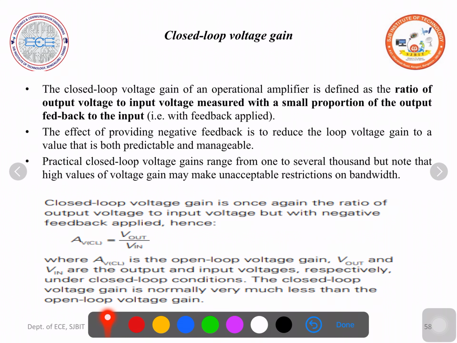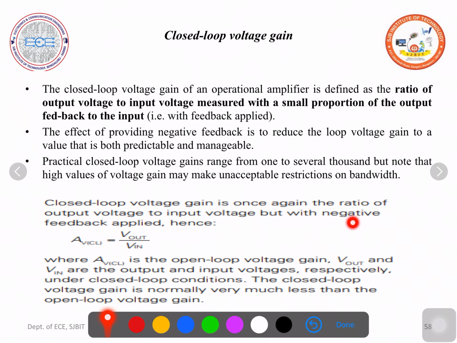So we can also express it in decibels by calculating 20 log V0 by Vin, just similar to the open loop voltage gain. Now only this word changes: closed means there is a feedback. Feedback means some portion of the output is fed back to the input. So closed loop voltage gain is nothing but the ratio of the output voltage to the input voltage when there